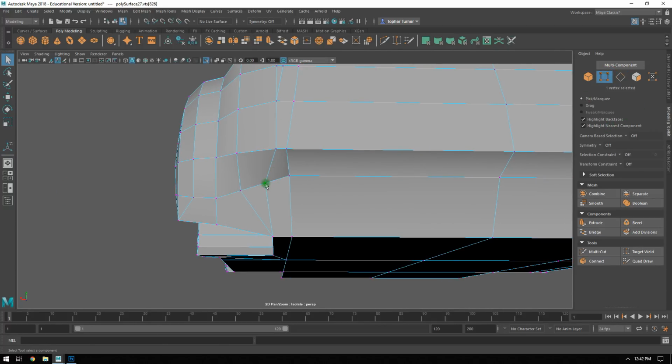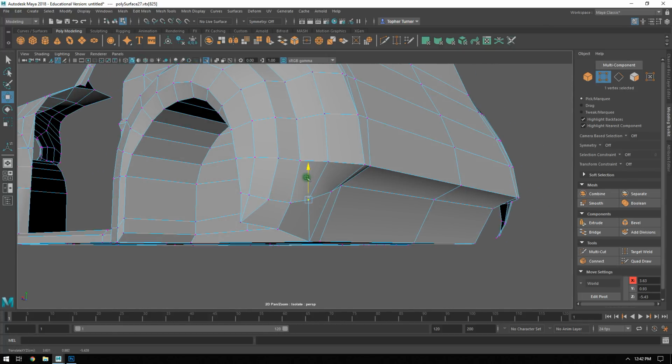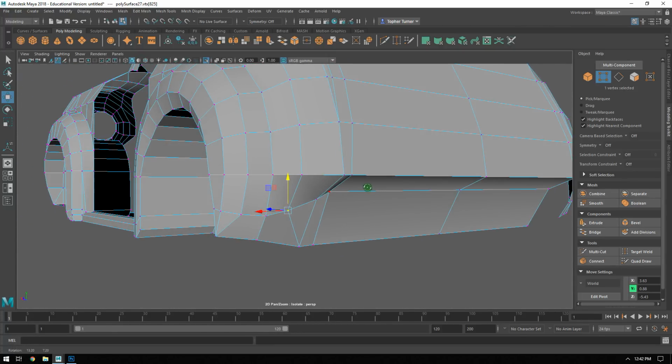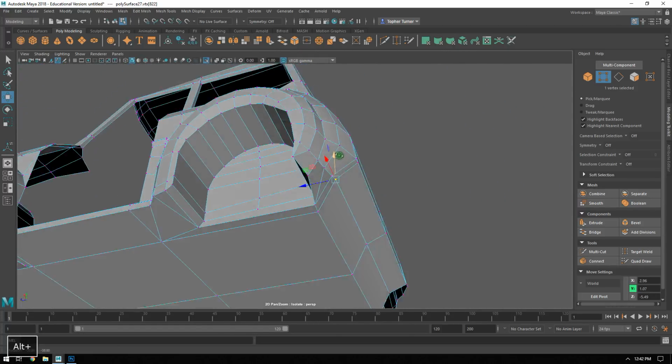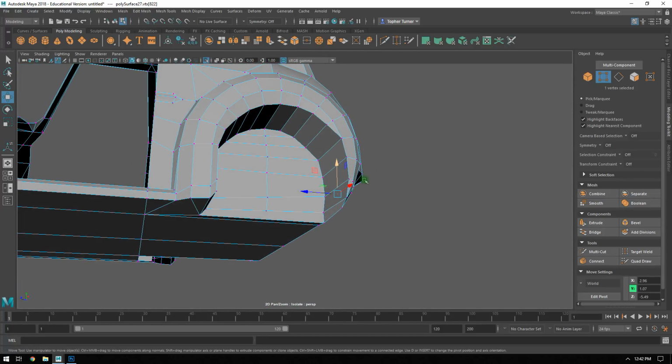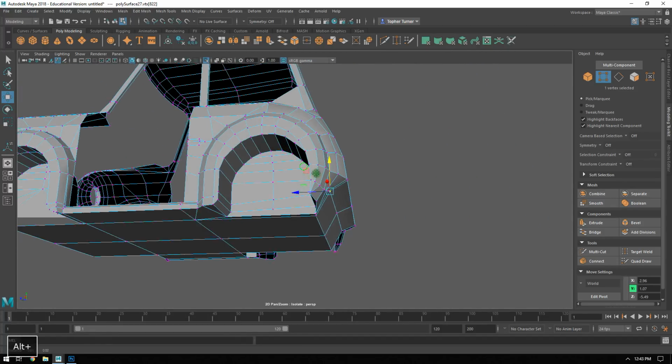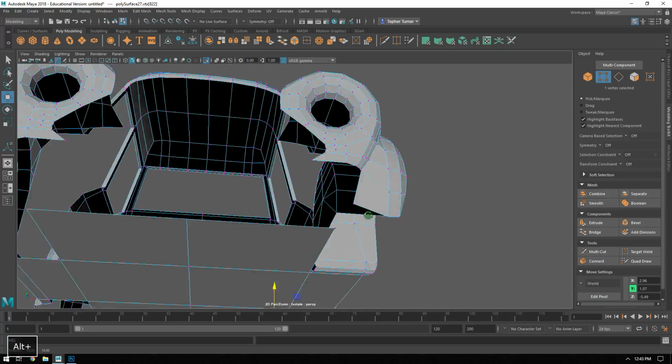Again, I'm going to try and soften this a little bit here. I'm seeing zigzagging in my edges, and so if I just go and play around with these vertices in terms of the shapes that they're having, it'll allow me to get something a little bit cleaner here. Maybe I'll pull that down. Maybe I'll pull this one down a little bit too. Just soften that transition a little bit. Okay. That's now completed the rear wheel hub here, and I'm going to need to do the same thing for the